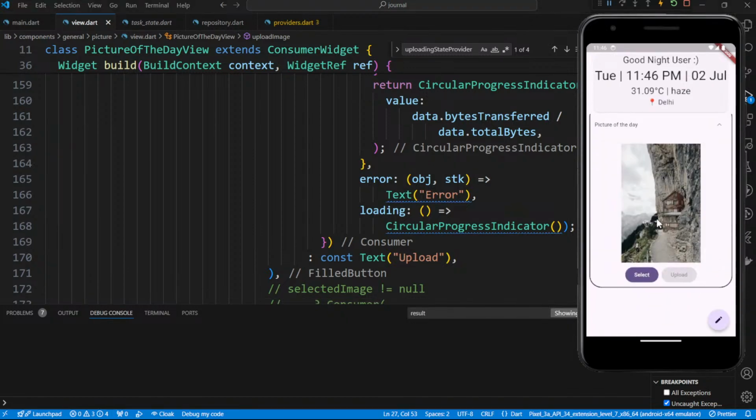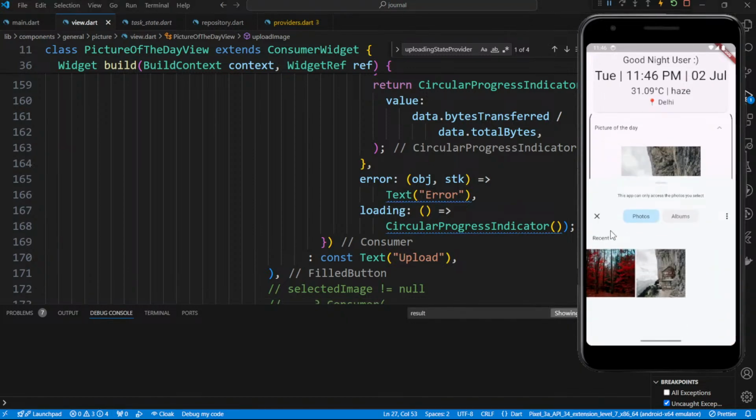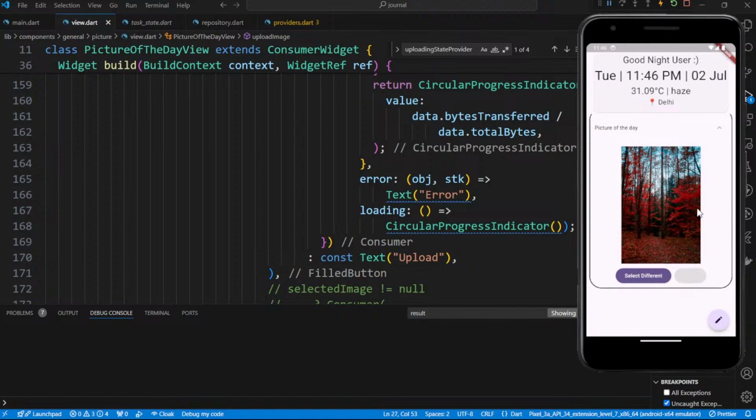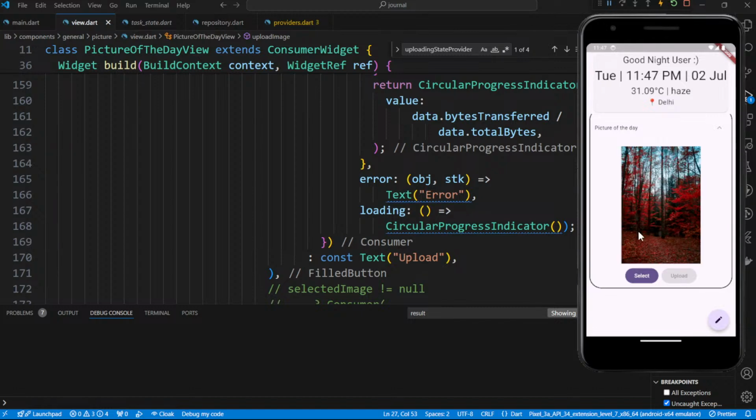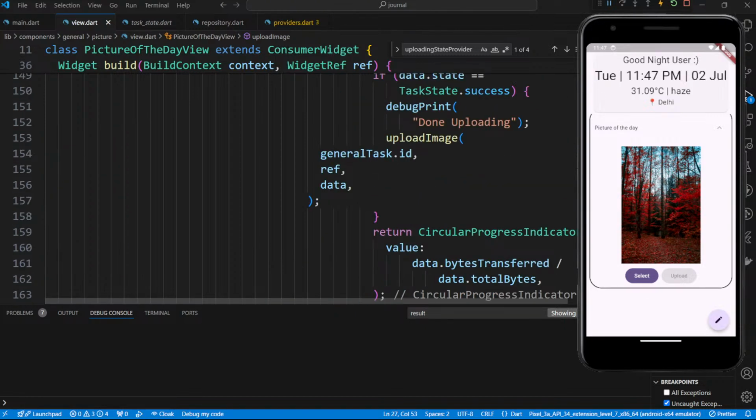Over here, let's change the image. Click on upload. The upload is going. So the upload is done. It's uploading. Yeah, it works. This is what we wanted. So how this is working is